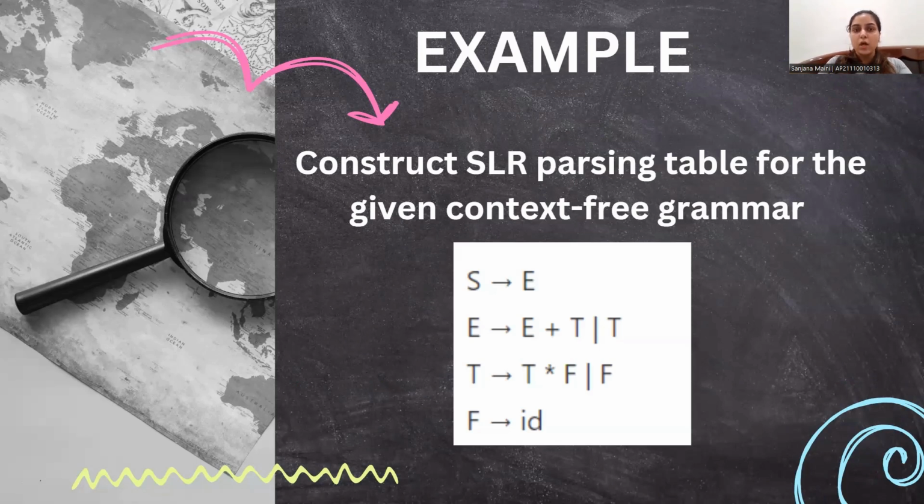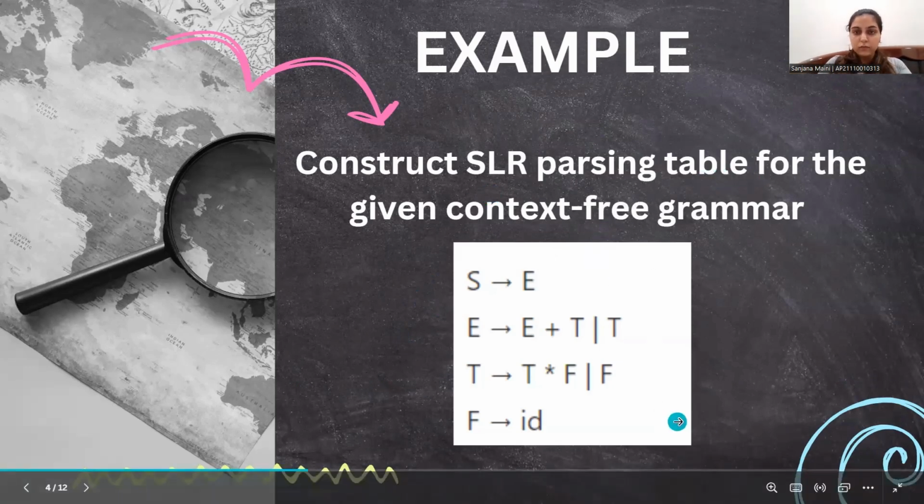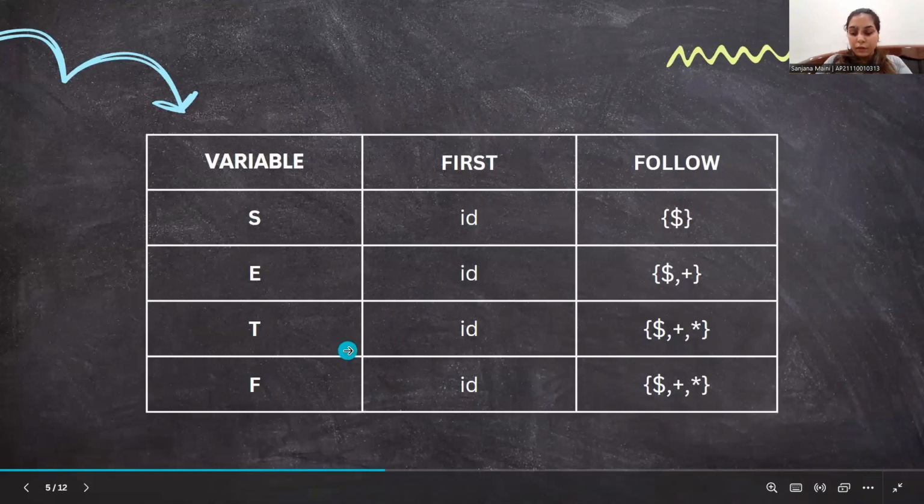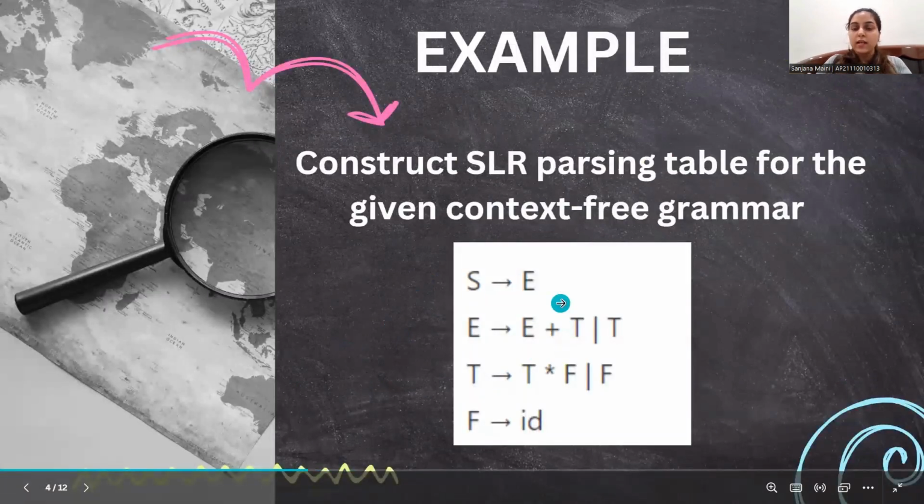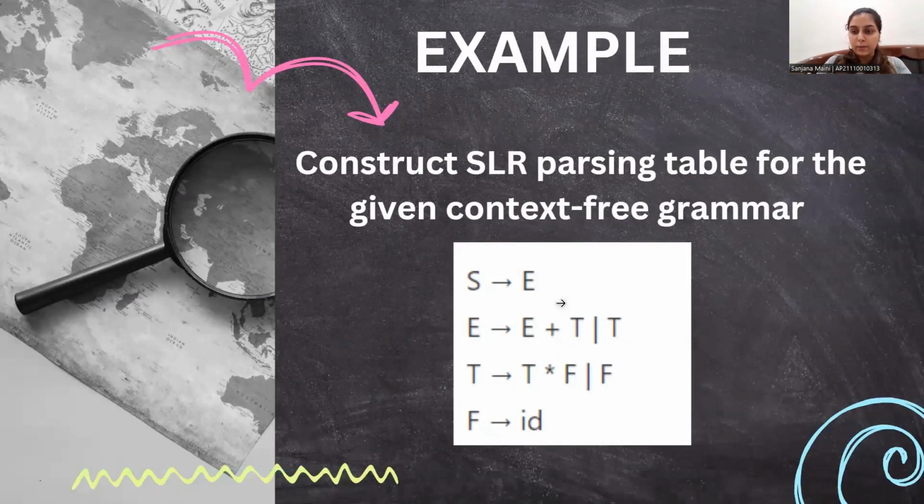As my friend explained what an SLR parser is, I will continue and explain it with an example. So, let us try to construct the SLR parser table for this grammar. Before we construct the SLR parser table and the diagram, we first need to know the first and follow of all these variables. Here we have four variables or non-terminals, which are capital S, capital E, capital T, and capital F. As we know how to calculate the first and follow,